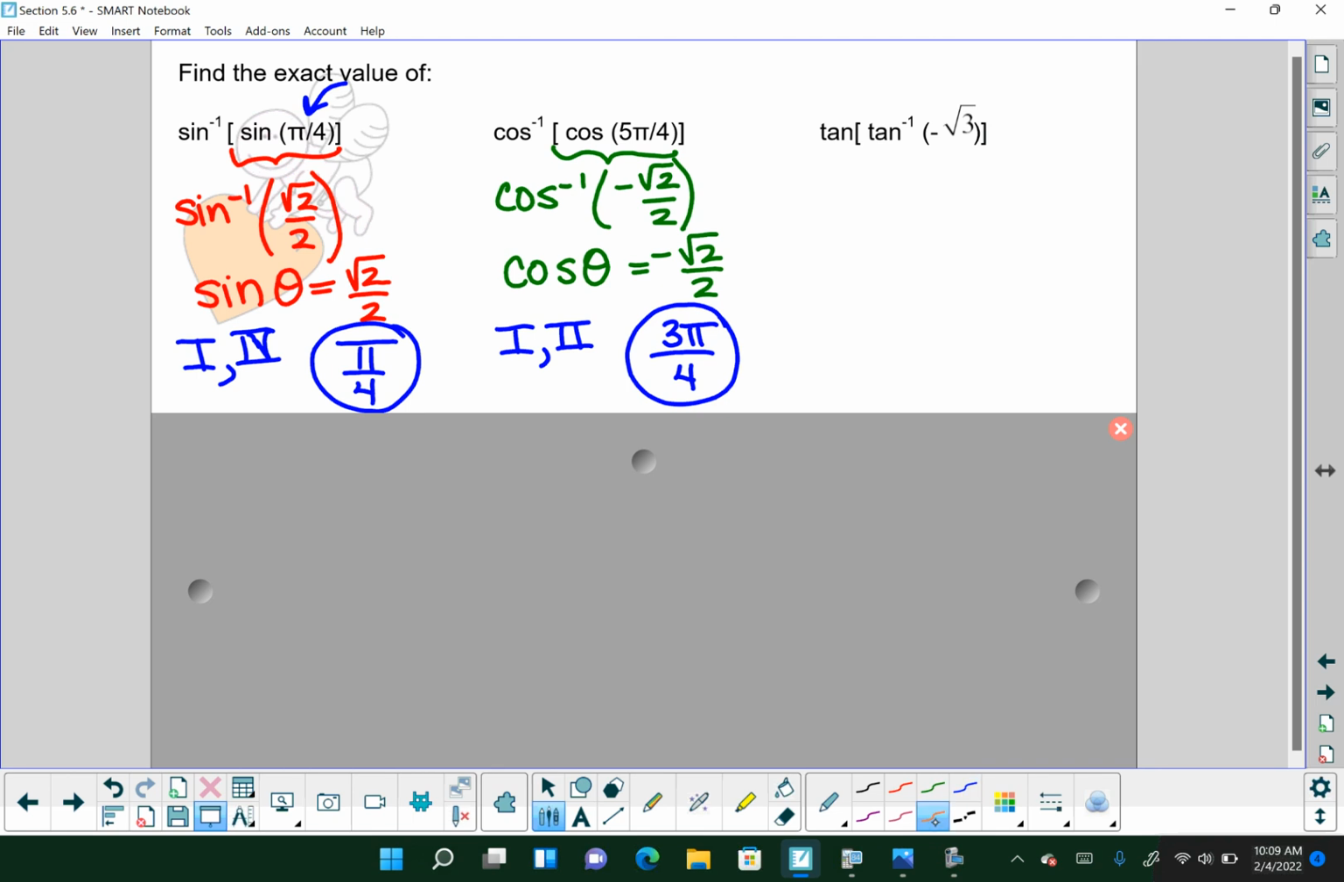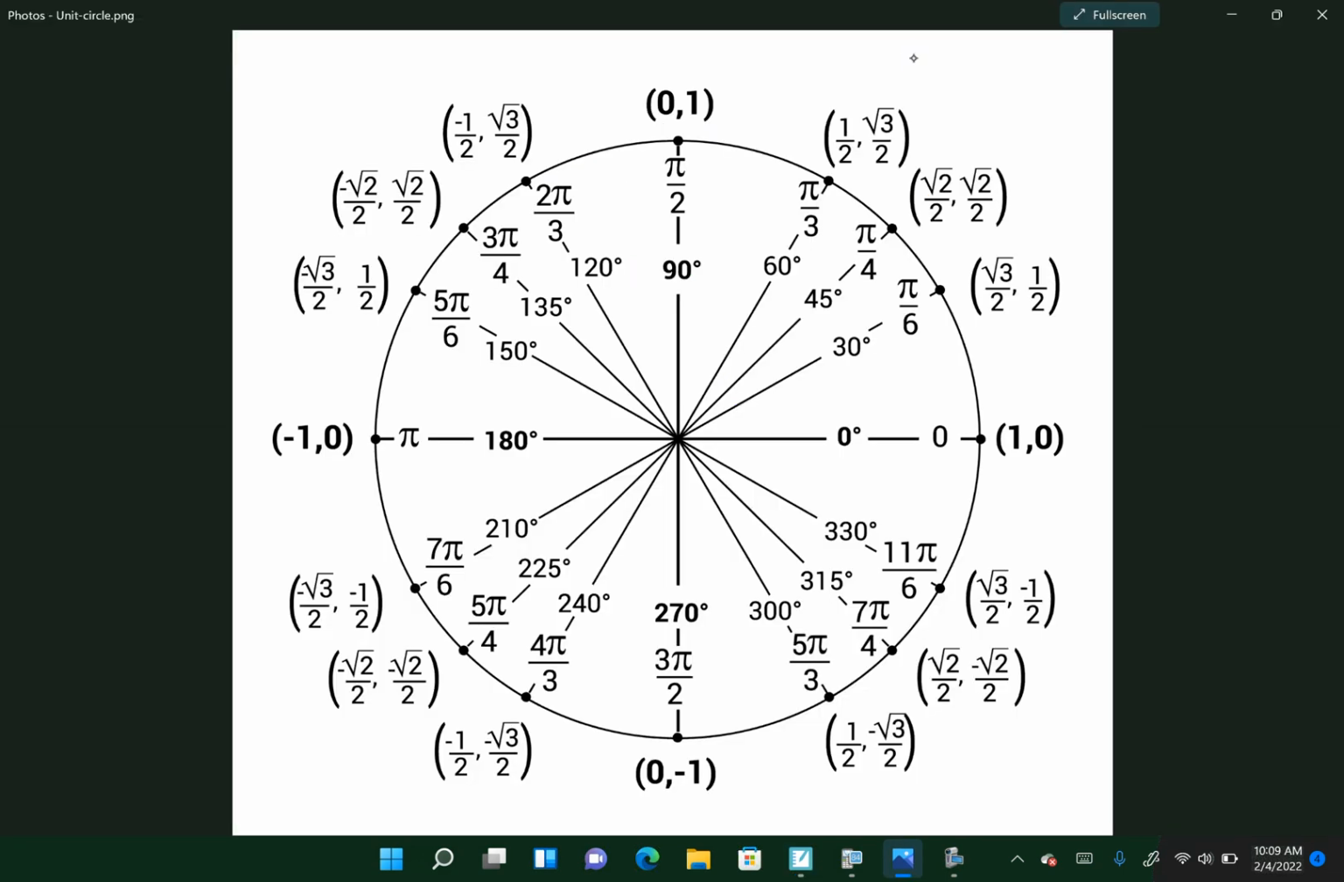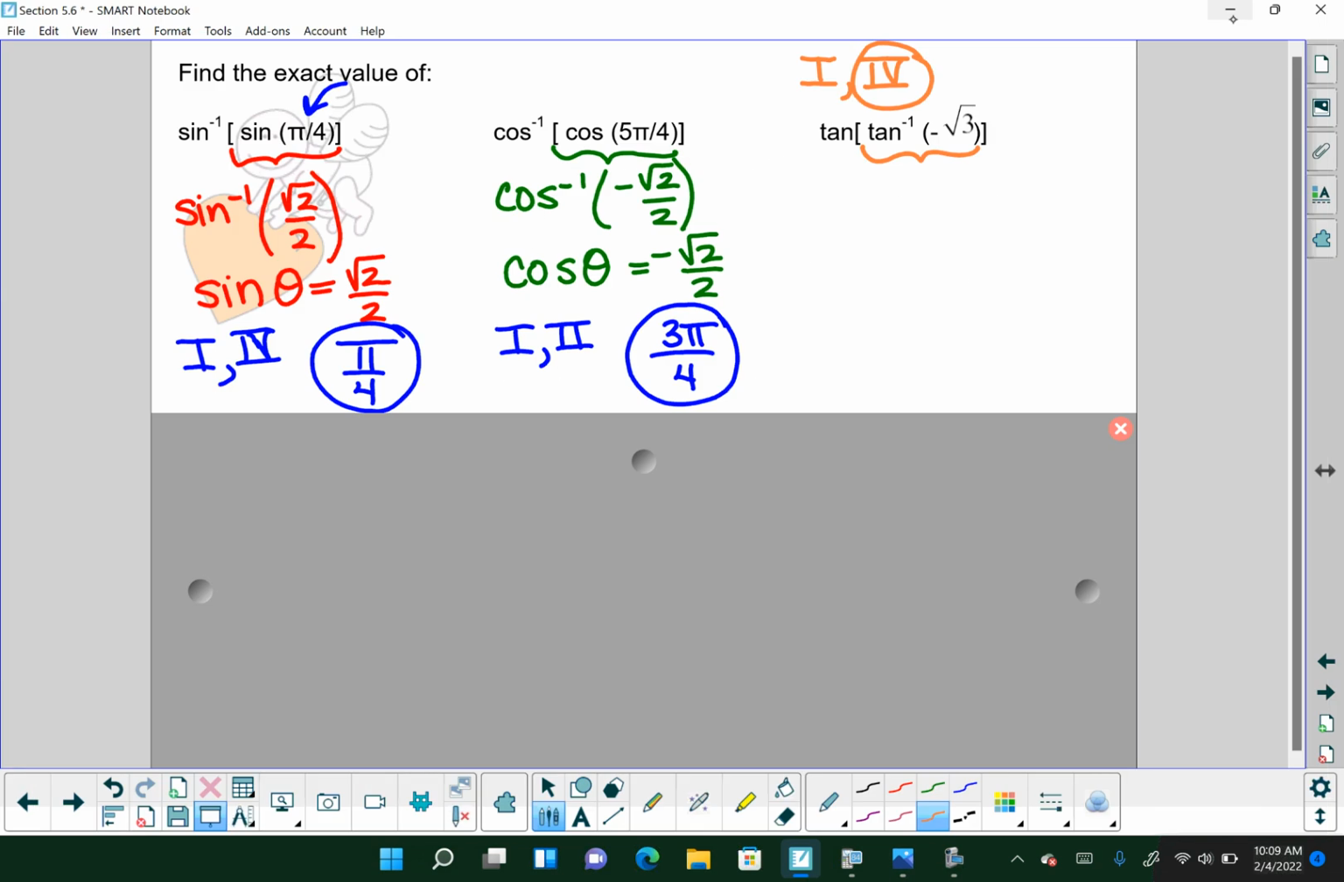Okay. Last but not least, tangent of inverse tangent of negative rad 3. So this time when I start from the inside out, I have an inverse tangent first. Inverse tangent is defined in quadrants 1 or 4. My tangent's a negative value, so it's got to be in quadrant 4 where I'm looking. To your unit circle, if I'm in quadrant 4 and I'm looking for a negative rad 3, is the value